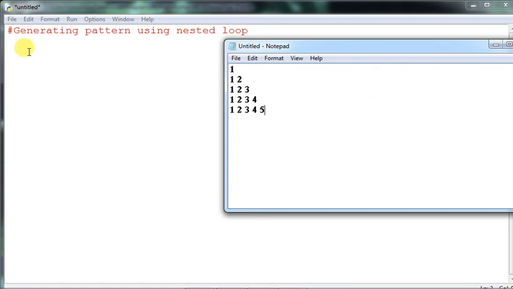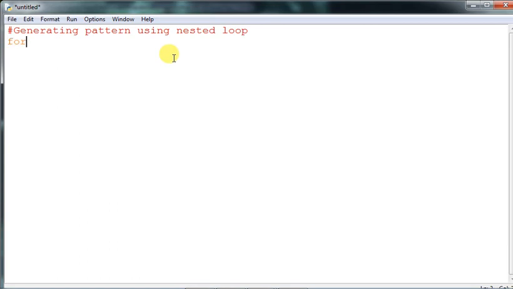Now you write here for, say I take i, j, and this is quite easy to take. You can take other variables also. For i in range 1 comma 6, because you need to execute it 5 times. No need to mention any step because it is increasing by 1.